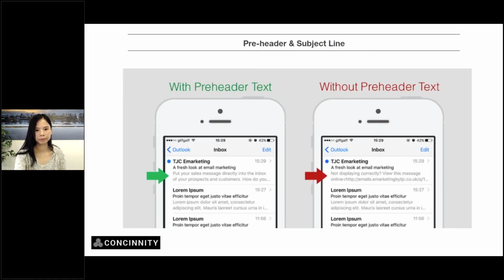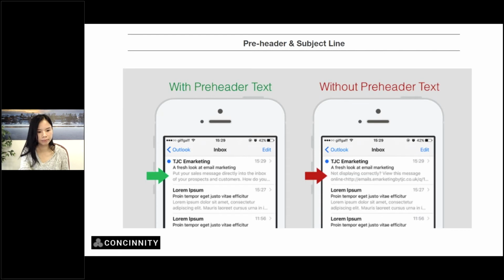Pre-header text. As you can see, what difference do you notice between what's on your screen in green and red? Take 10, 15, 20 seconds to analyze.